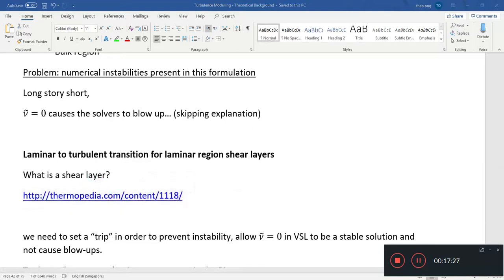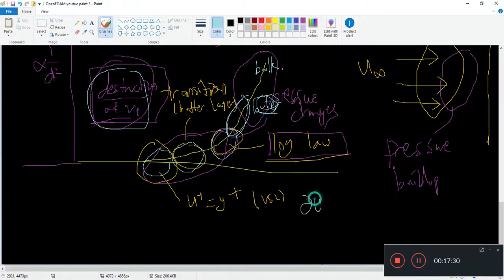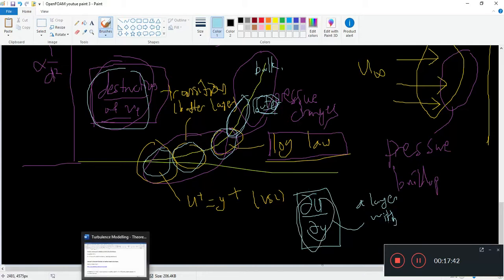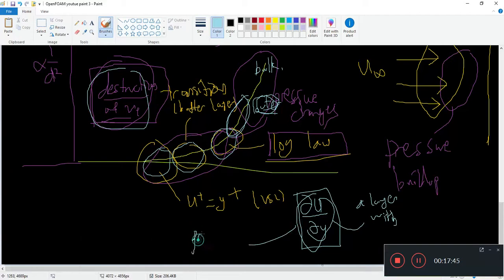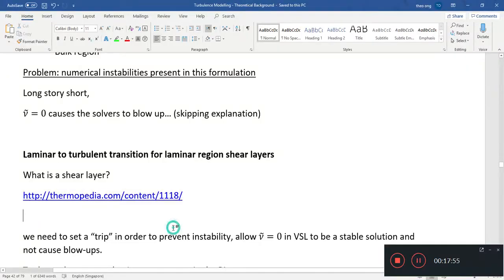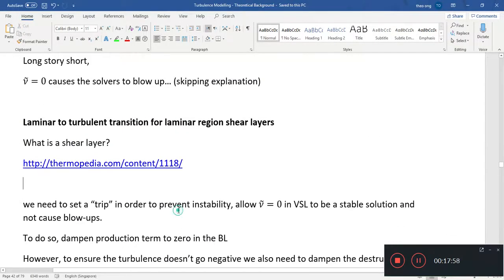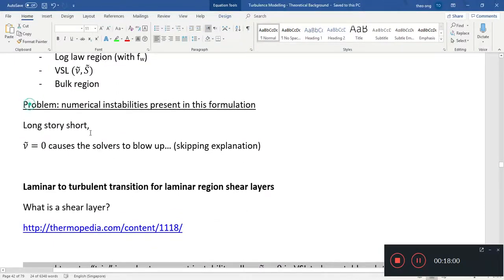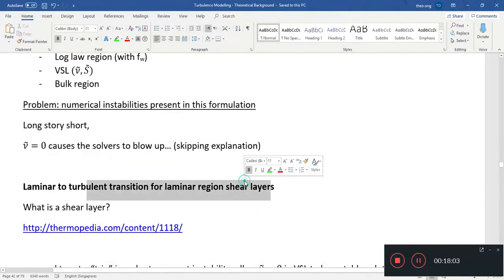Basically, a shear layer is anywhere there's a velocity gradient like this, a strain. A layer with a strain here is called a shear layer because there is the presence of shear stress. That's why it's called a shear layer. Well, numerical instabilities in this region,